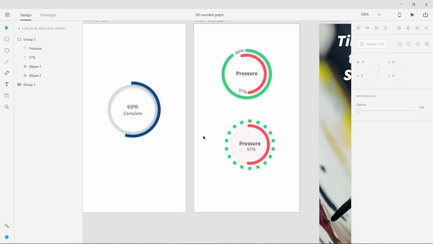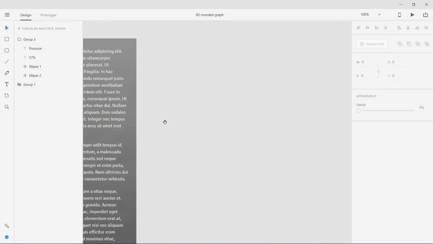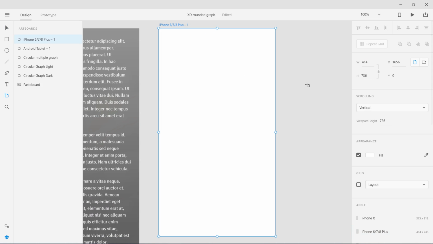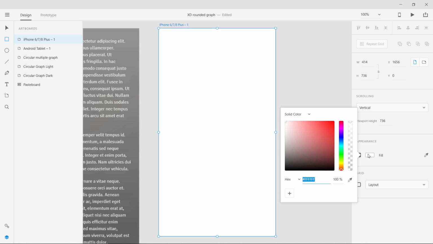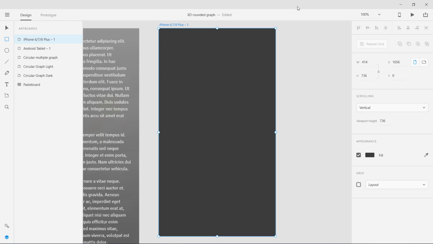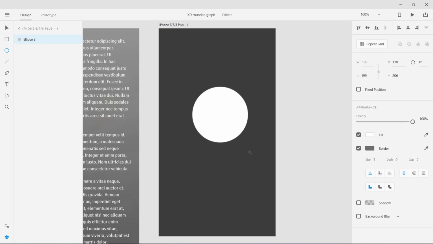So let's get started, and let's create a new artboard. I'm going to press A, and let's create iPhone 6, 7, 8 Plus. And now I'm going to create a dark background. Let's use this as a background, and I'm going to use some darker gray color. Okay, so gray background. Now we are going to use three circles. One is this one. Okay, so let's create it and size it